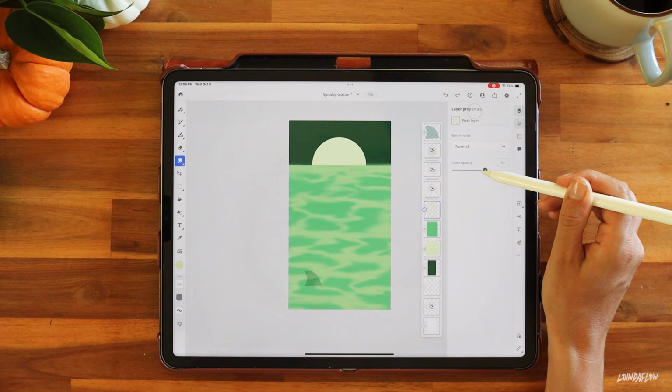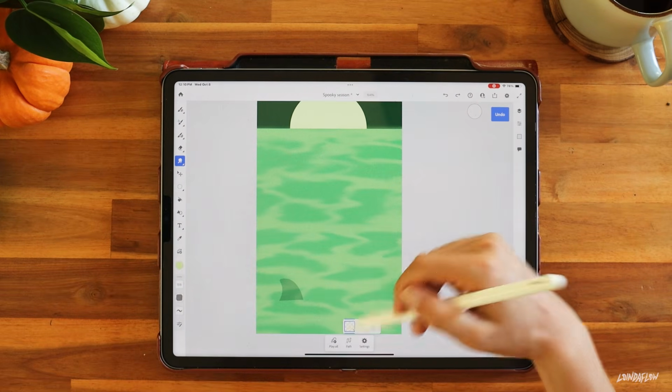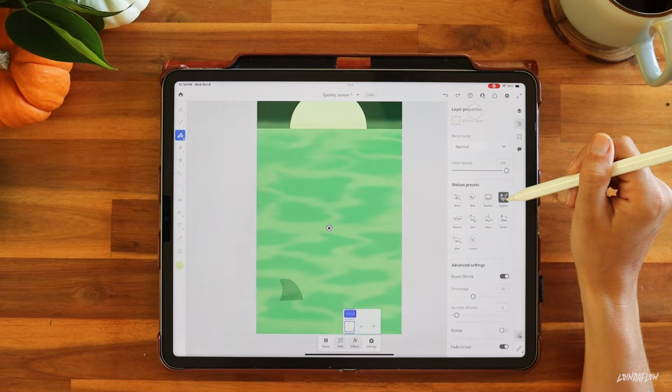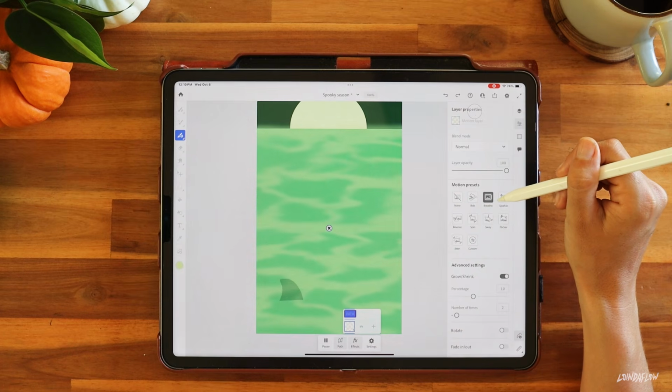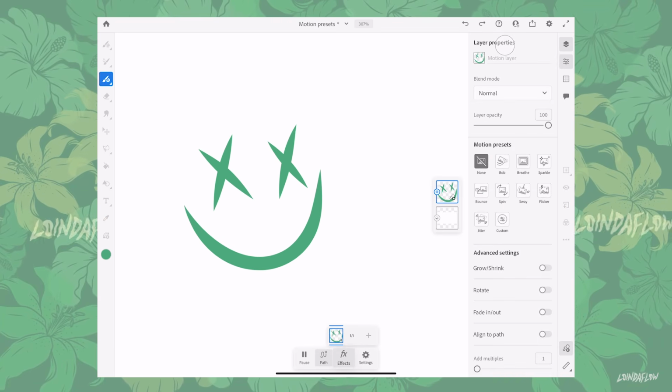Alright, time to get some things moving. I like to start layering in animation as I go, building out more and more details as I start to see the full picture come together. I don't have a solid game plan here, we're just going to start and see where this takes us. In Adobe Fresco, one of the methods of adding motion is using paths and motion presets. I'm going to be showing you this smiley face dude as a quick example to show you some important settings